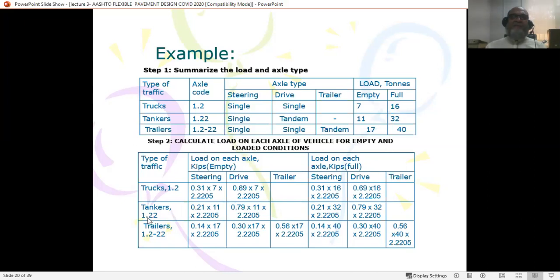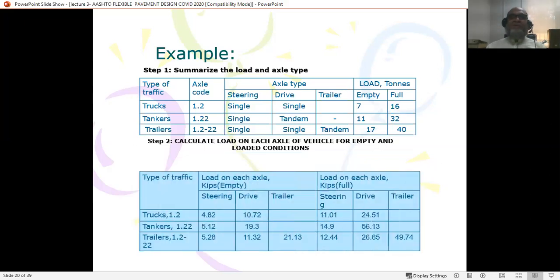And for the 1.22 truck, I said 11% load goes on the first single steering axle, the rest goes on the drive axle, that's why it's 79%. And the trailer axle, single, 14%, 30%, and the rest 56% on the trailer axle. This is how the loads are calculated,